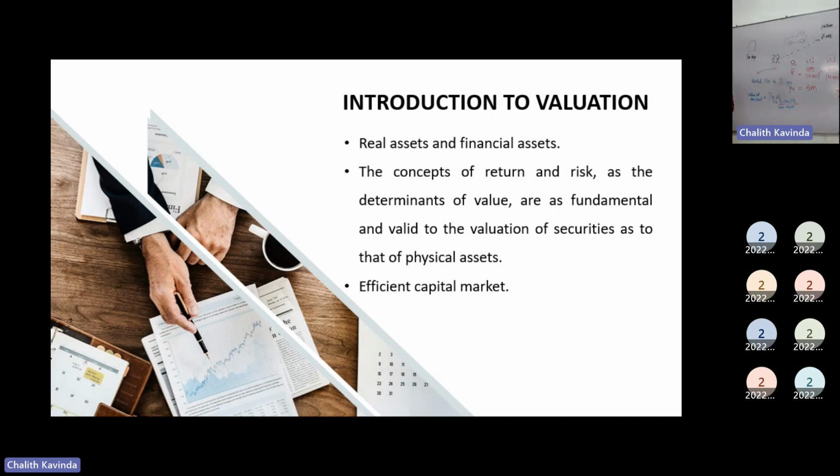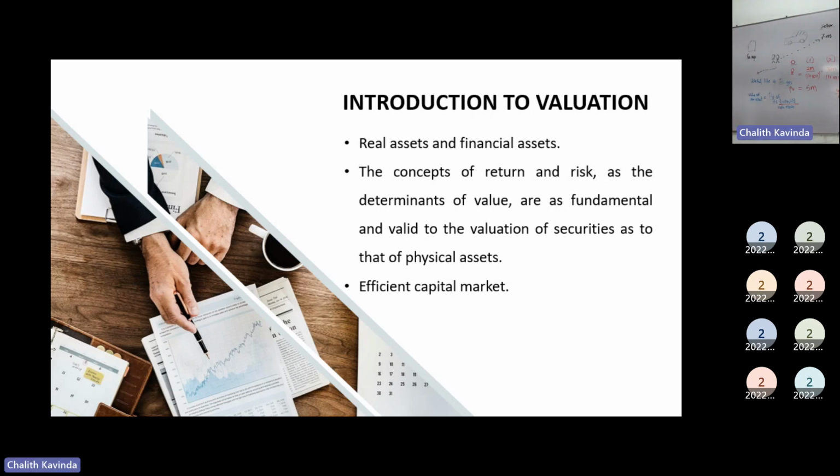Expected cash flows, right? So based on this principle, we have different models. This is the base foundation. If you look at your lecture material here, you could see there is something called real assets and financial assets. Real assets are tangible or physical assets, something like a lorry. Here we are not going to do the real asset valuation, but we are going to do some of the financial assets valuation. Those are shares and bonds or debentures.